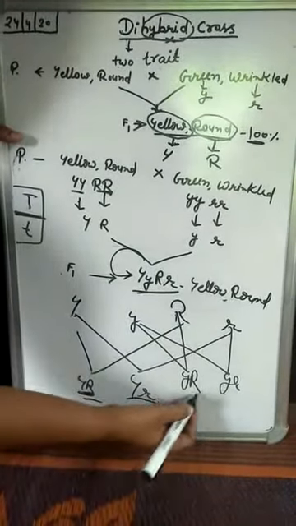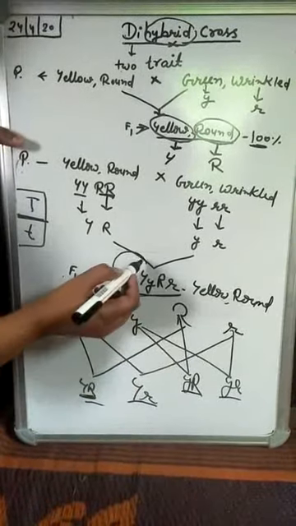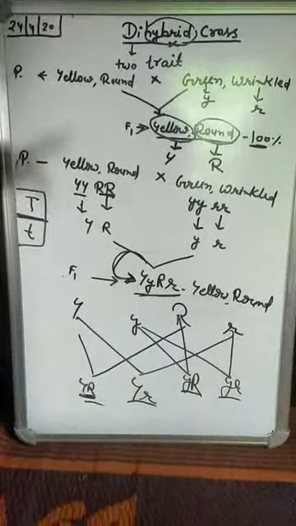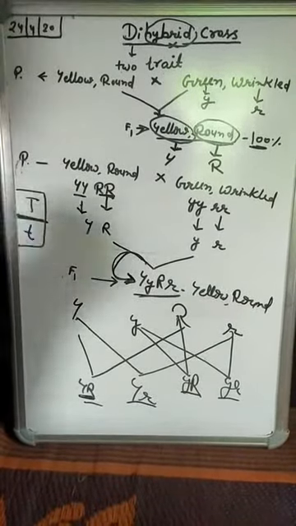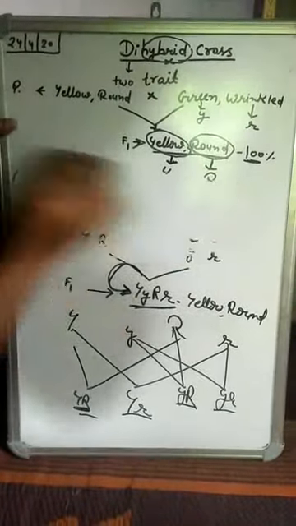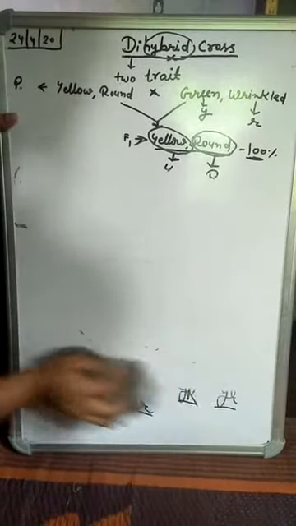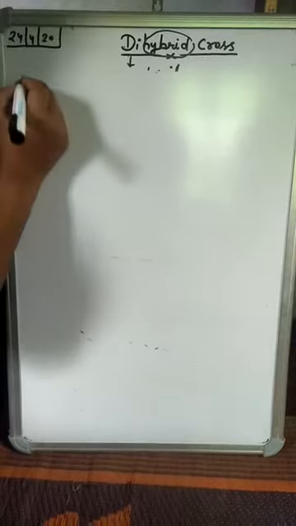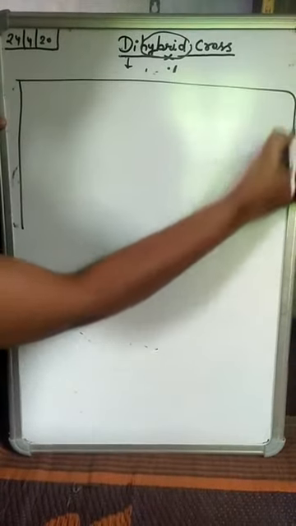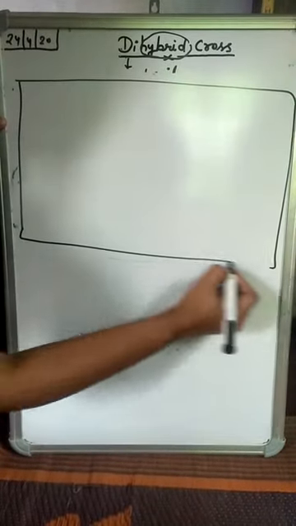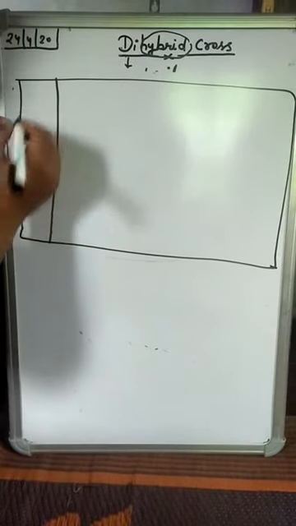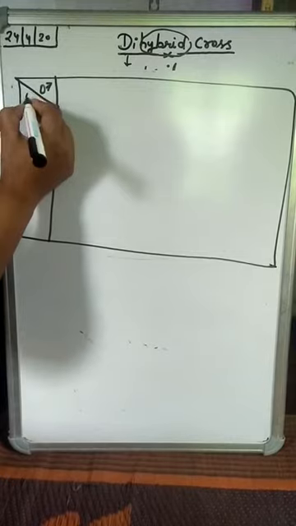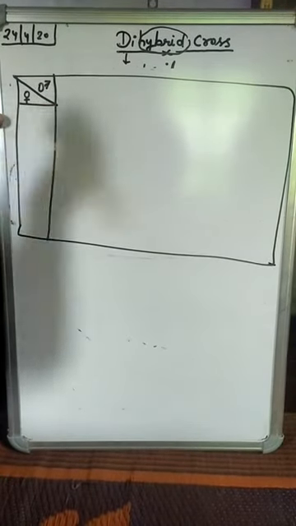So these are the four gametes. As we know, here selfing has been done. That means the gametes of male and the gametes of female will be the same. Clear? Now we will calculate the probability of genotype in the F2 generation with the same gametes which we found. As you know, we have to make this cross. Male gametes, this side we will write, and this side we will write female gametes.